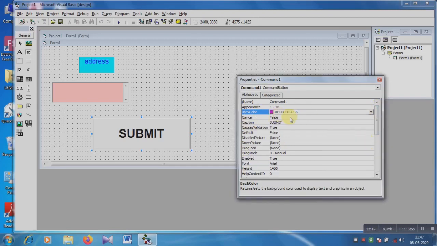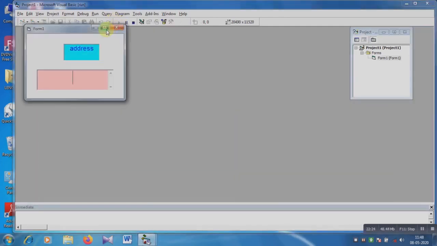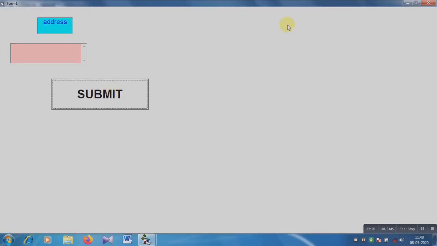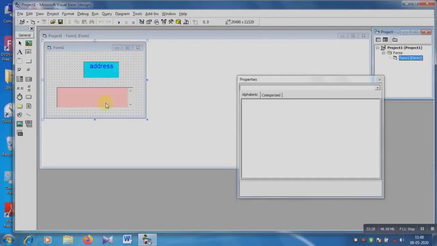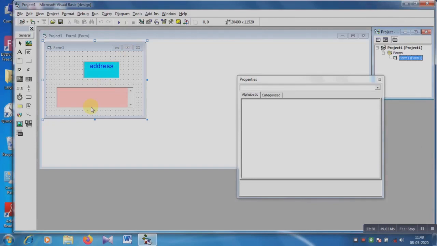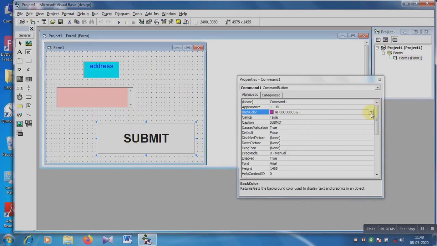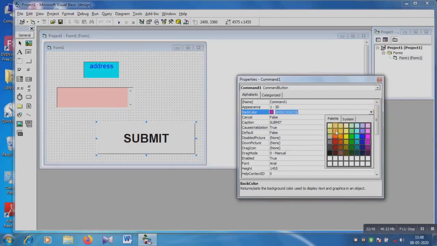Suppose I am choosing this, the background color of the comment 1, and it's not changed. Back color is not changed here.